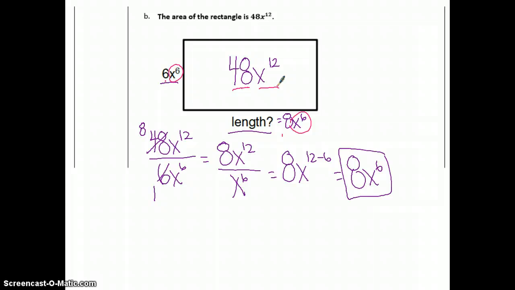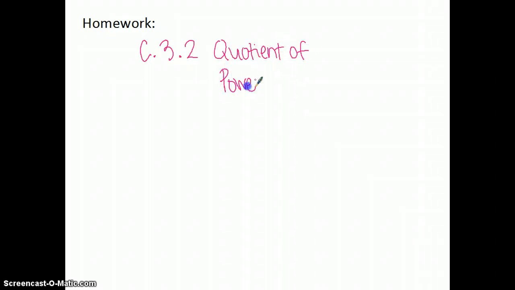Alright, next up, your homework. You're going to do C.3.2, Quotient of Powers Worksheet, which is pages 4 and 5 in